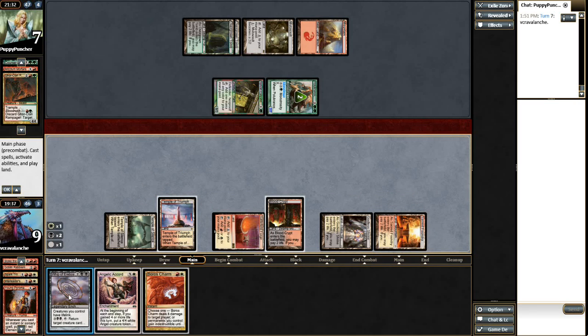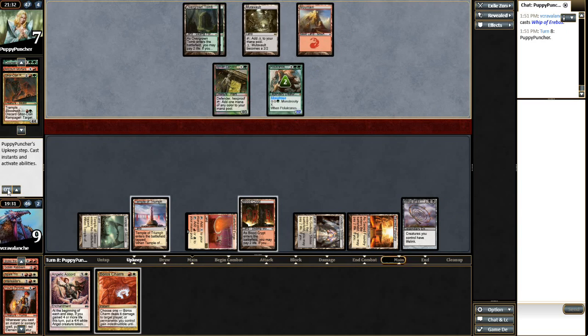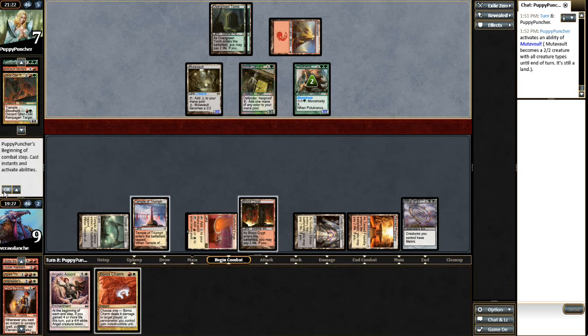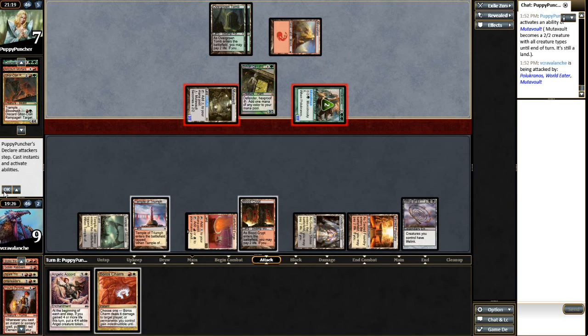we'll throw out Whip. And let's just hope that he, for some reason, gets greedy and doesn't activate Mutavault and go for the win. But so far he does. And yep, that's going to be game. So